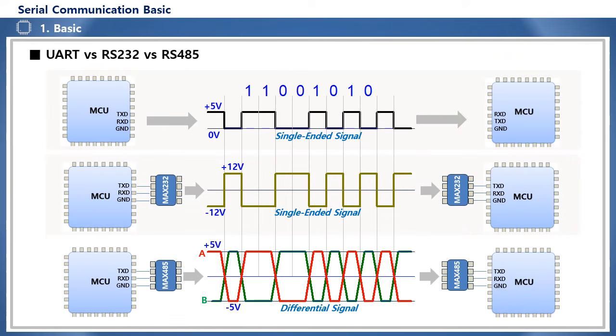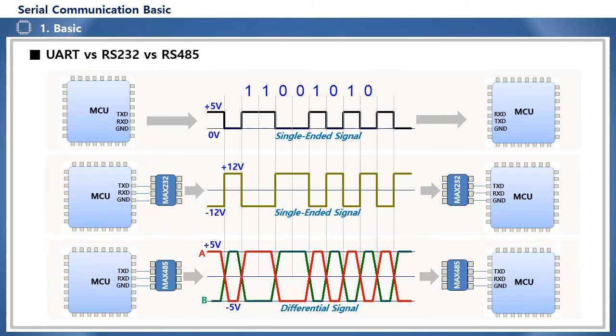RS-232 communication is a structure that communicates by sending and receiving signals with a low amplitude range of 0 to 5 volts, and a large voltage swing of plus or minus 12 volts, that is, a large amplitude, between communication lines. By sending signals with such a high potential difference level, long-distance communication is possible without major problems even if the communication line is rather long. The MAX232 IC plays the role of greatly amplifying the TTL level signal in this way.